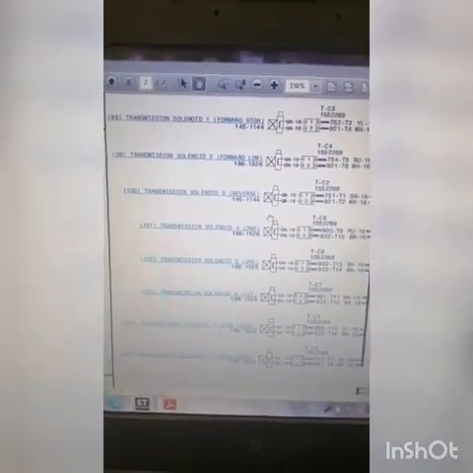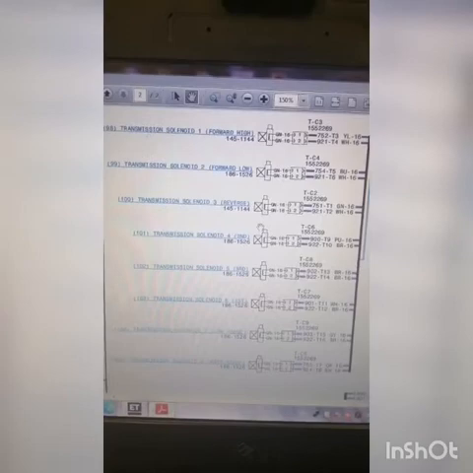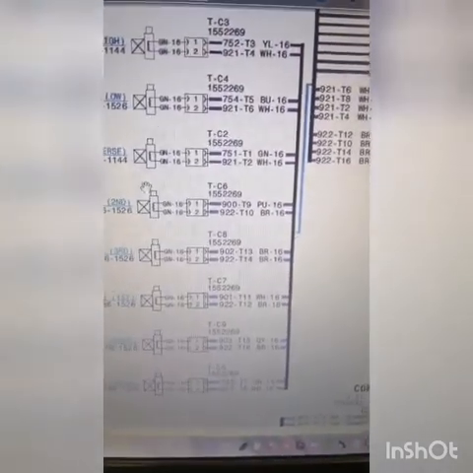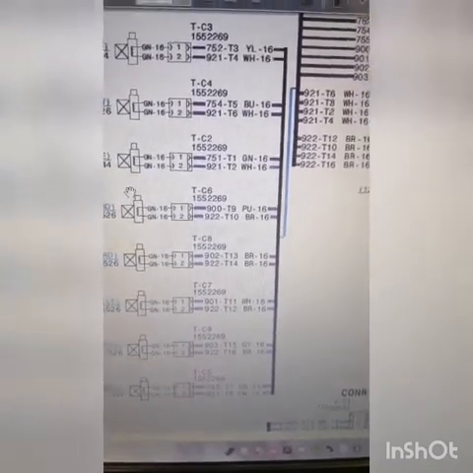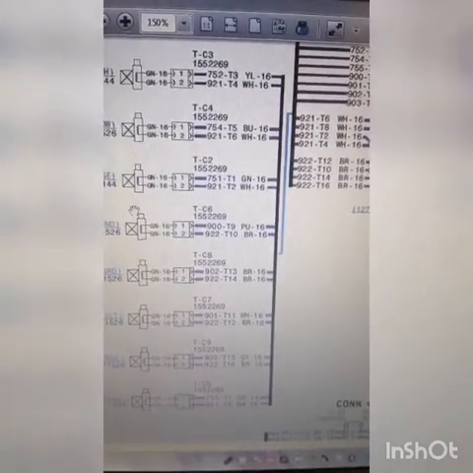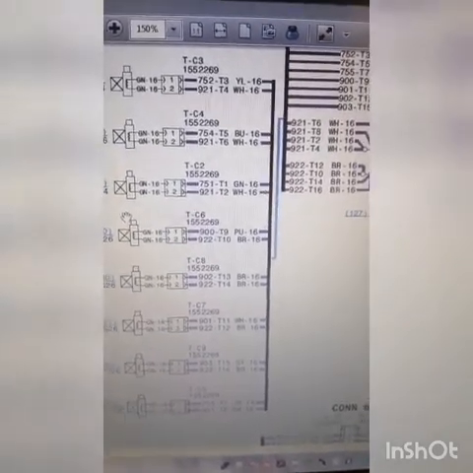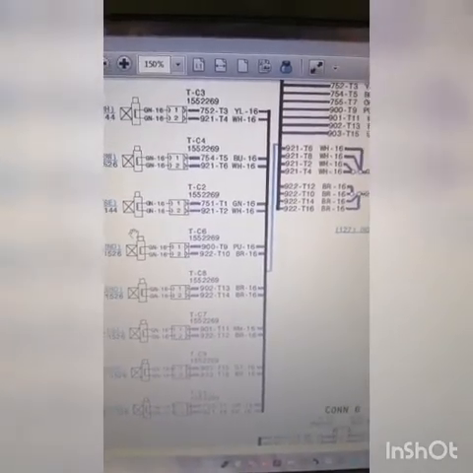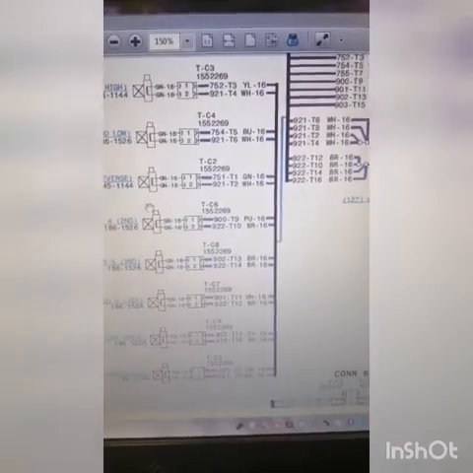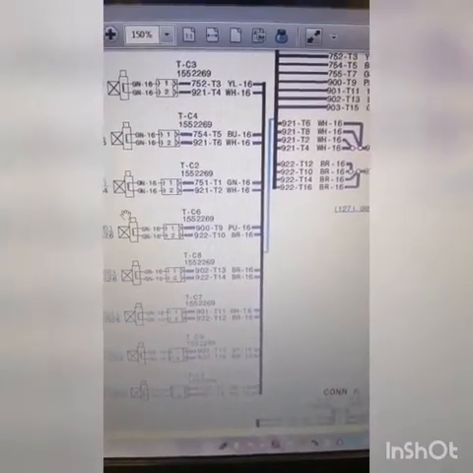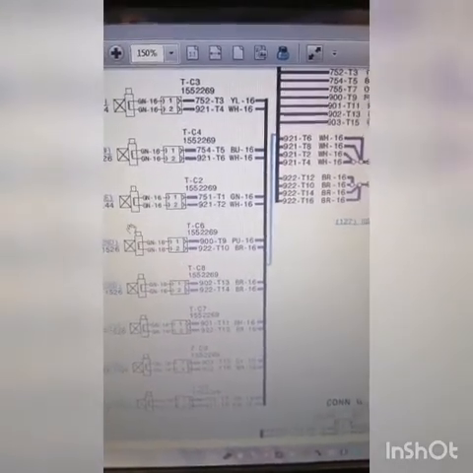Now we can check from the schematic. For transmission solenoid clutch number 5, the wire for power supply is 902 brown, and for the ground 922 brown. So we can check the continuity and how much resistance between pin number 1 and number 2 to the chassis ECM.